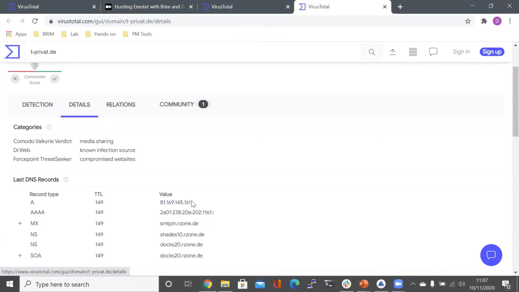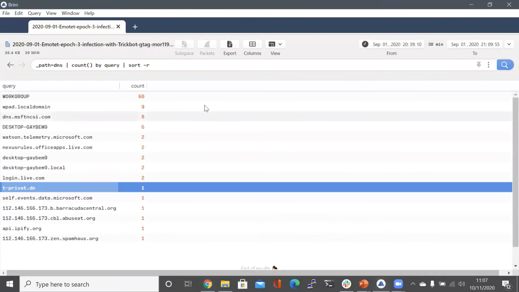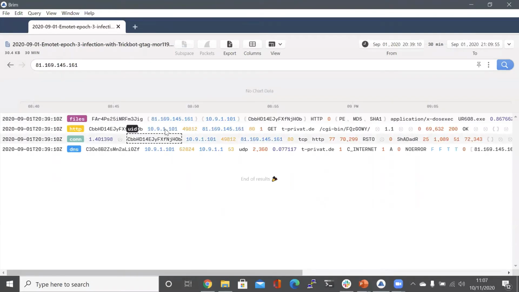I think a good idea, because we have some last known DNS records here, is just to do a blind check and see if we see any other data relating to that. And indeed, we seem to have the same sample that VirusTotal is aware of. And you can see here, this would be the compromised host that's doing the infecting. Our patient X looks to be